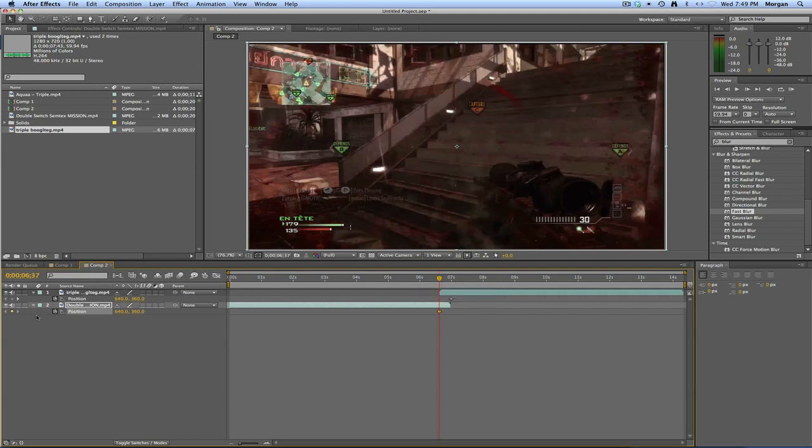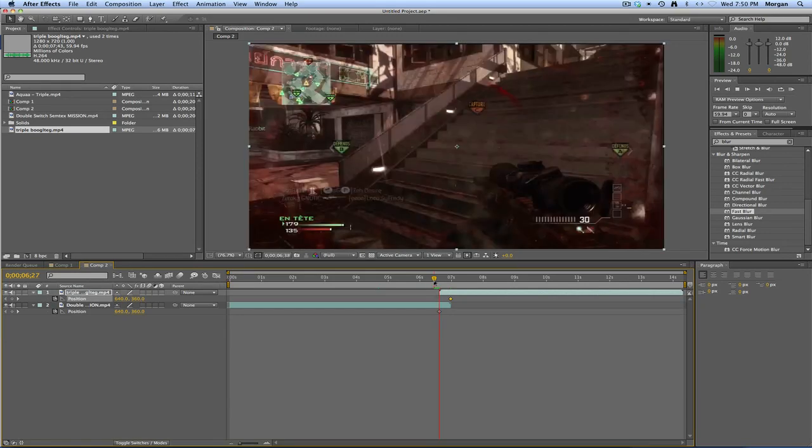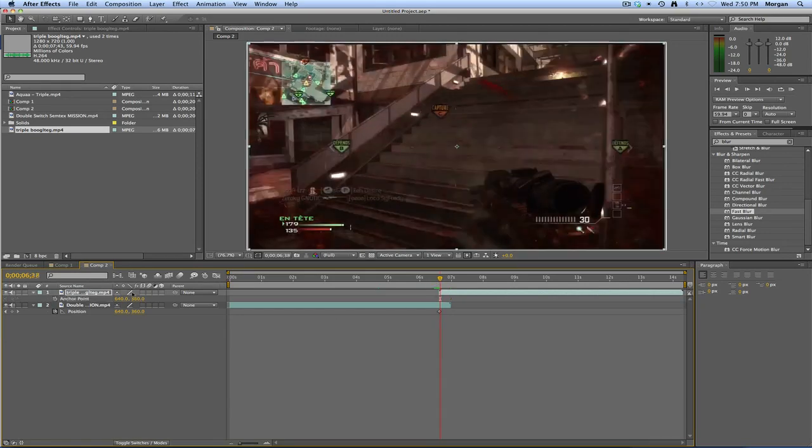Right, so then you want to make a keyframe on the first clip there. You can follow along by watching. And then where you want the transition to end, on the second clip you make another keyframe. So they're both in normal, but they're just a cut. So what you want to do